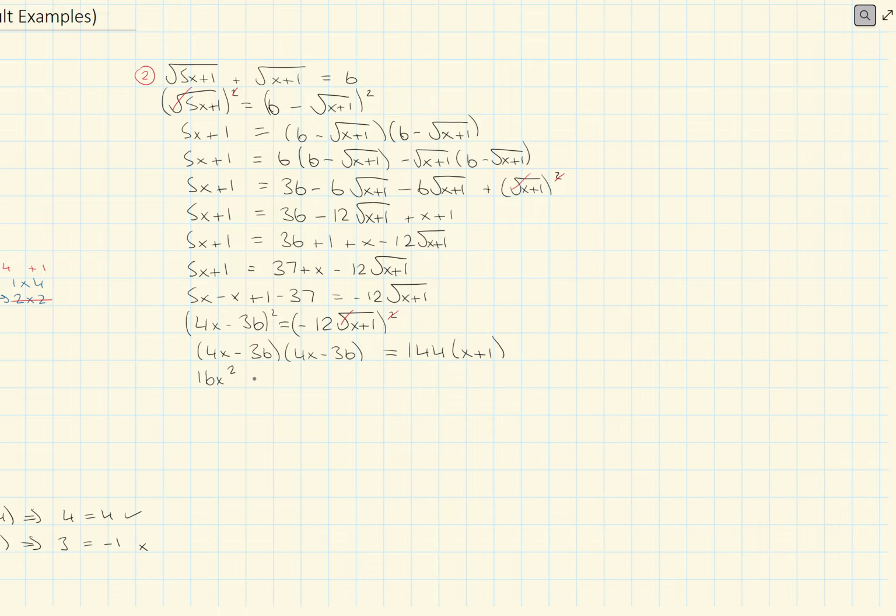Okay, so here we get 16x squared. 4 by 36 gives me 144, so minus 144x, and same again. And then 36 squared, minus by minus gives me a plus, 1296, is equal to 144x plus 144. We get 16x squared minus 288x. We'll bring everything to the one side. Okay, and then just to tidy up,